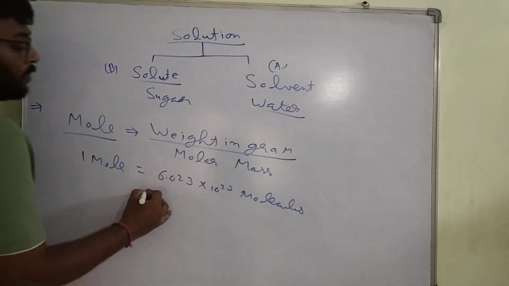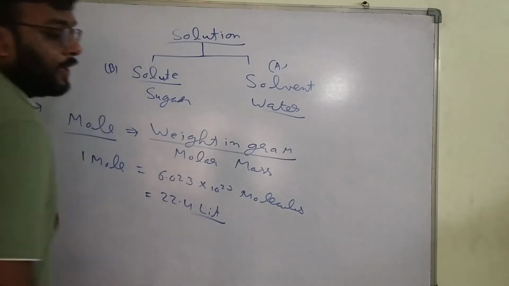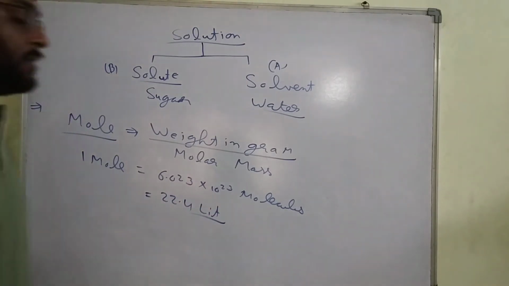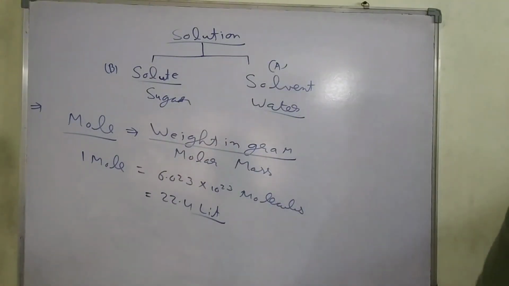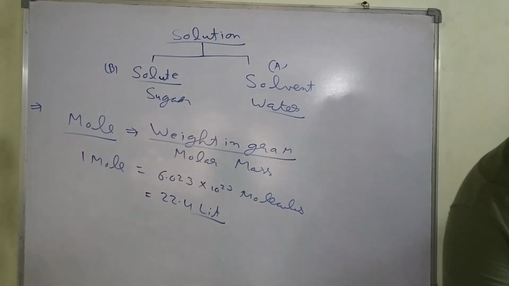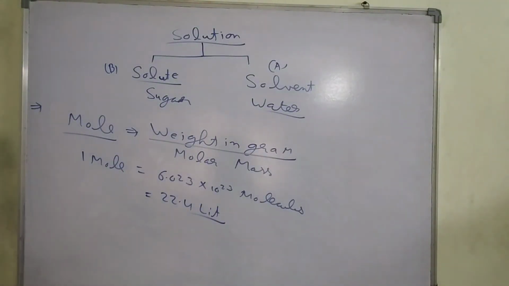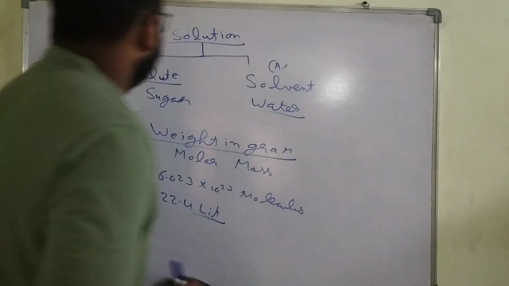And it has a fixed volume of 22.4 liter. It is used in the calculation. That's why I am explaining it to you. These are basic fundamental things. Just note down these points, students. Next topic, mole. I hope you are clear. I am clearing this point, mole and mole fraction. After that, the mole fraction will also come.